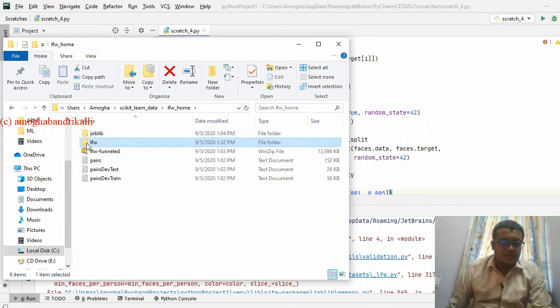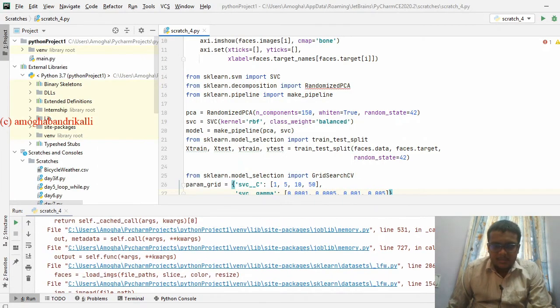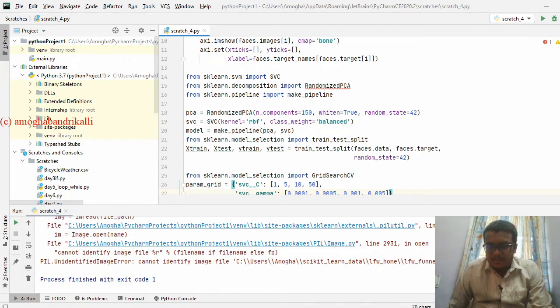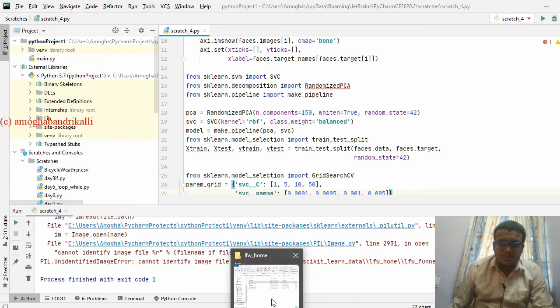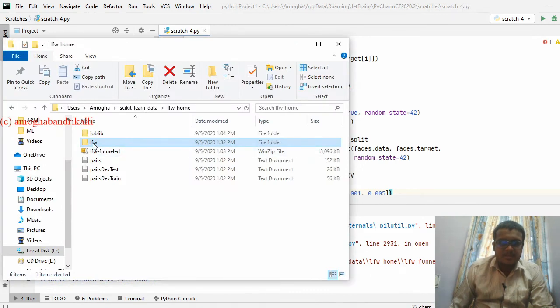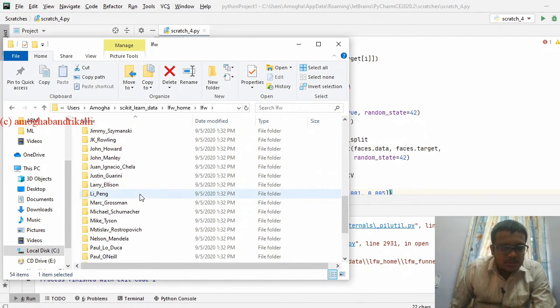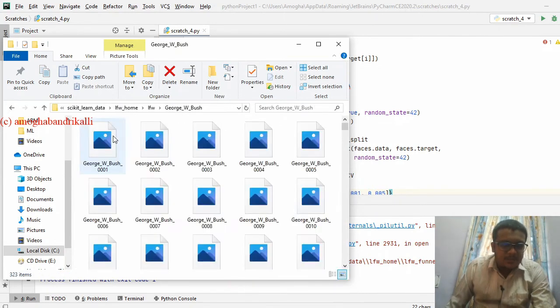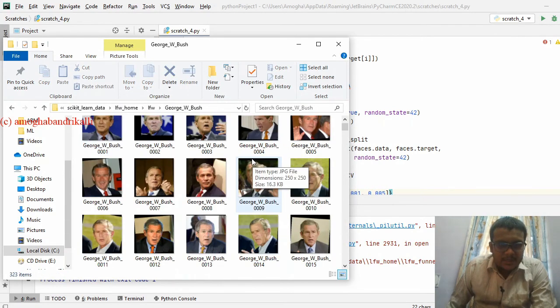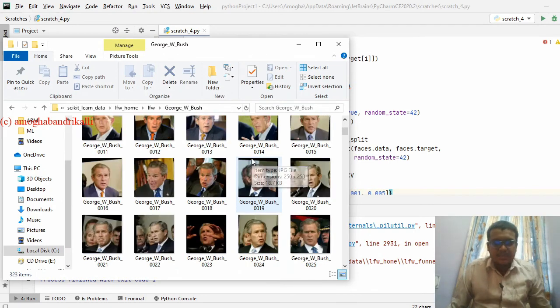That's all. And you are having another error saying that this image is not having any bytes. So you need to search for that image in this data set. So George W. Bush. Okay, this is just a famous politicians or famous figures data set.